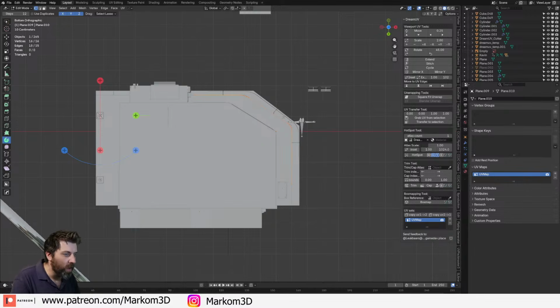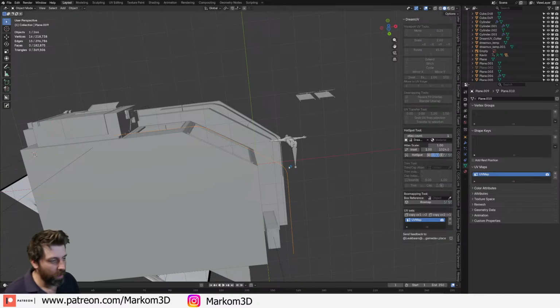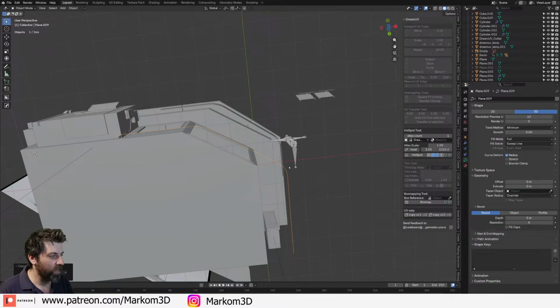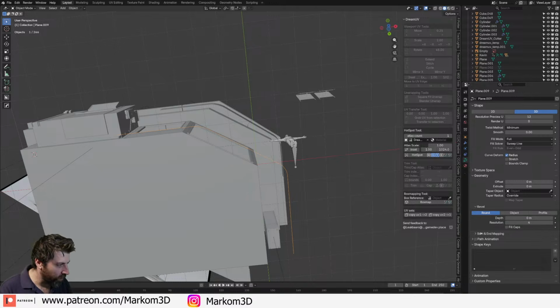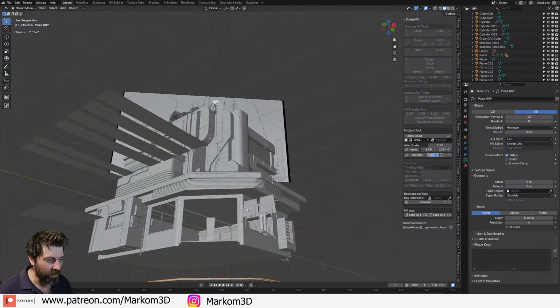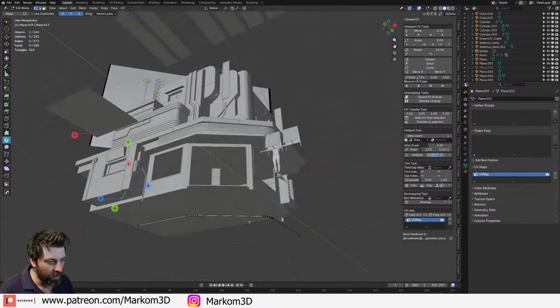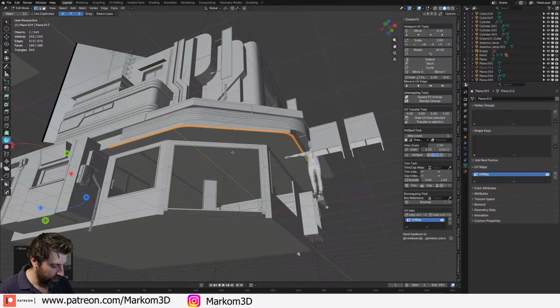That's nice. From here, what's going to be the best way? I'm going to convert this to a curve first. So curve, convert to curve. So now it's a curve. Okay, so it's not a mesh, but a curve. We can go into depth to make it thicker. Excellent. Now I'm going to convert that back to a mesh. And so now we've got a mesh. If I line this up under here,